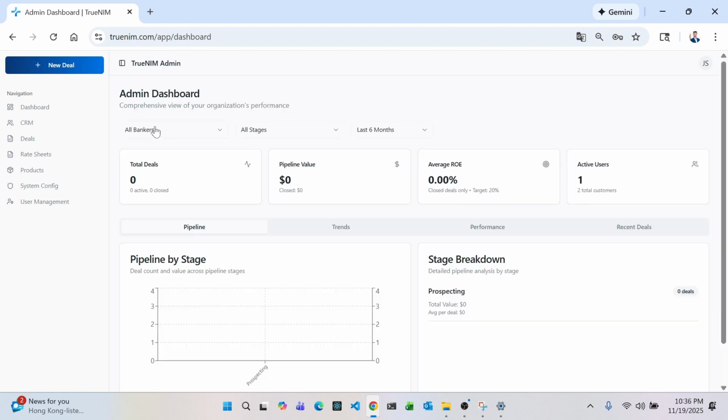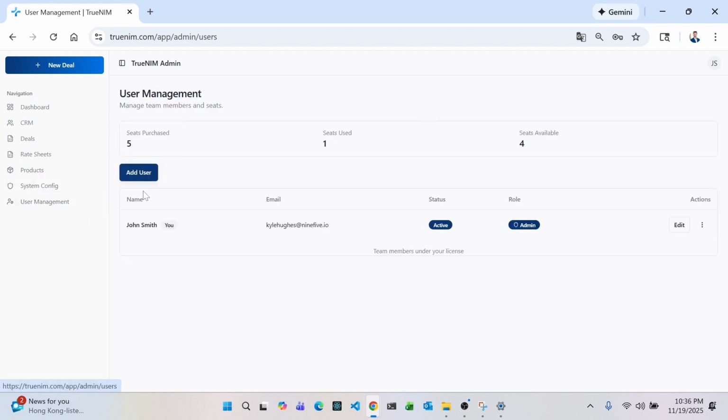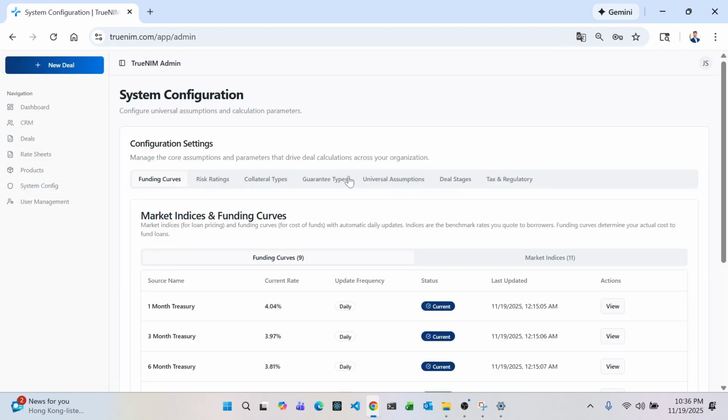When you sign up your financial institution, you are going to automatically be an admin for your system. So you will have things like user management and system configuration. You can add users here and buy more seats. You can invite users on. As you can see, I've already purchased 5 seats here, and I'm only using 1, so I have 4 available. There's a lot of back-end stuff associated with the system, but before we get into that,